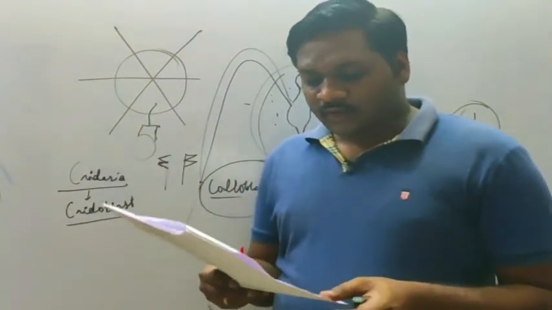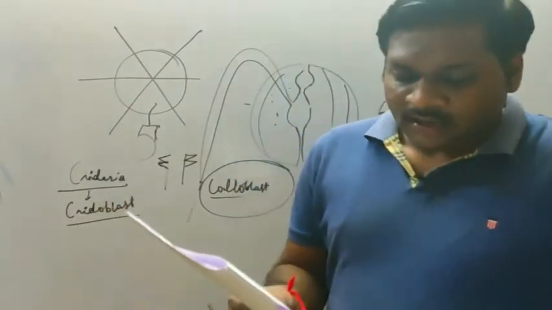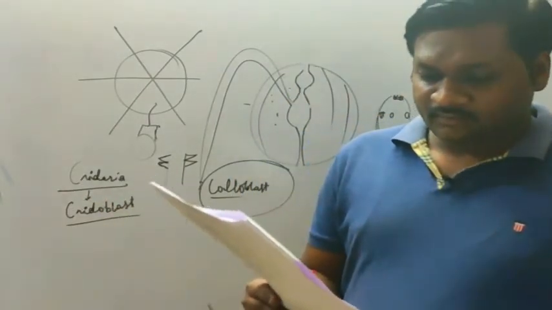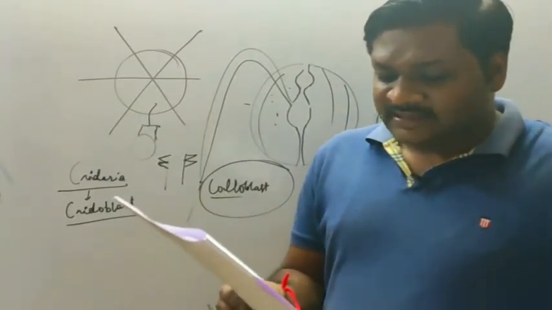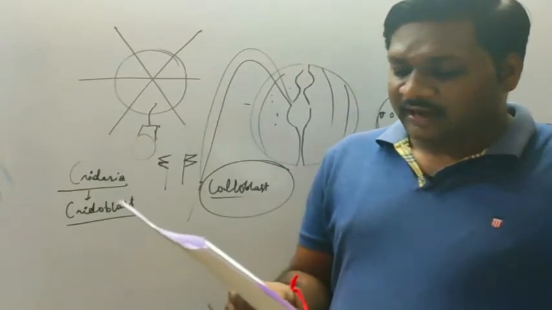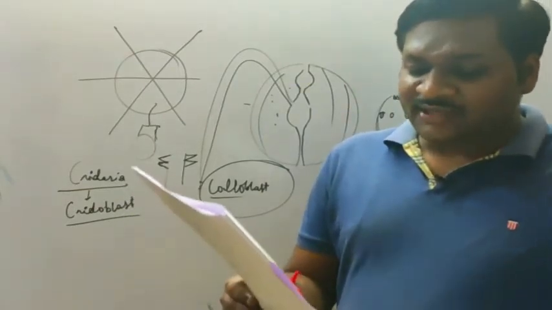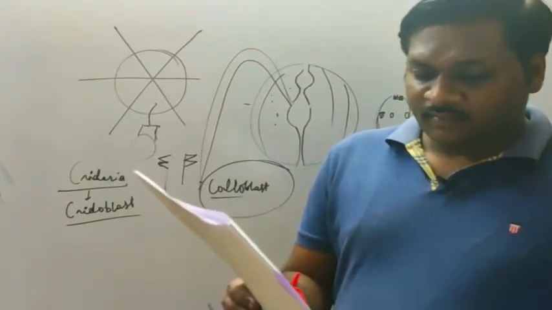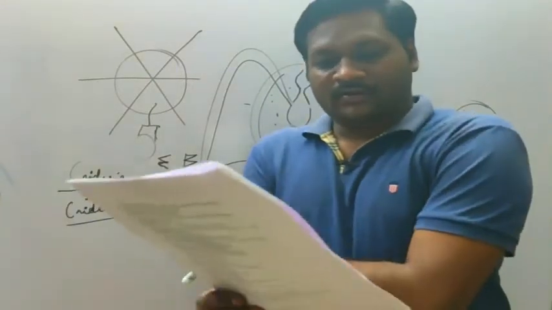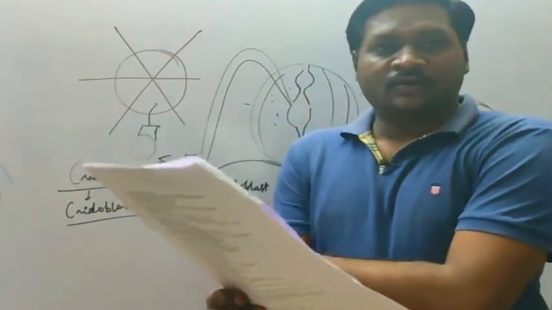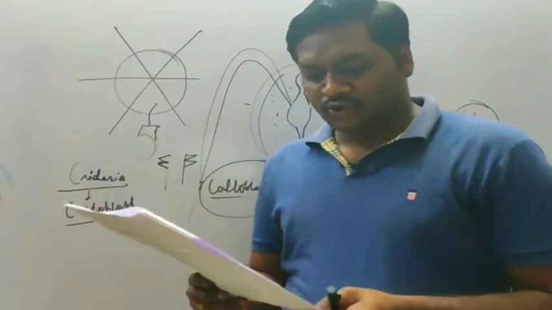The next, which of the following is not a characteristic feature of phylum Echinodermata? Excretory system is absent. Yes, it is a characteristic feature of phylum Echinodermata. Presence of water-vascular system, yes, and it helps in locomotion. Sexes are separate, yes. Fertilization is internal. Development is indirect with free-swimming larva. No, this is the incorrect feature of phylum Echinodermata. So option D will be the answer for this question.